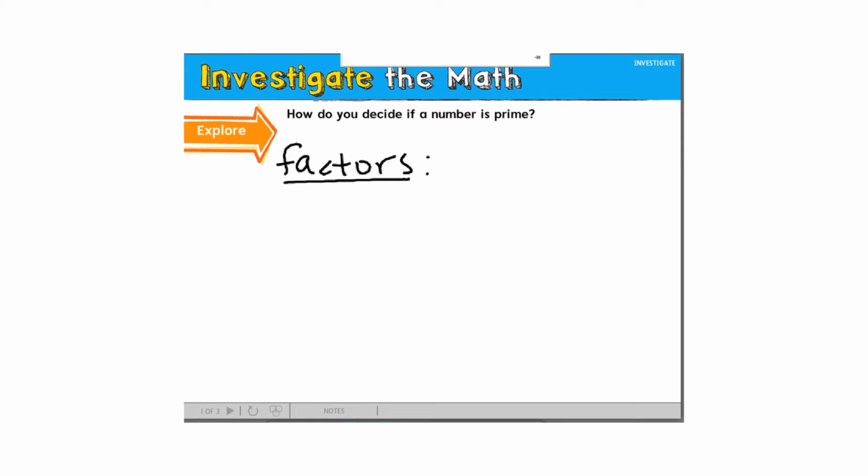So all 3 of these words we're going to be using a whole lot during this chapter. So factors are numbers that you multiply together to get an answer. Okay, so numbers that you multiply